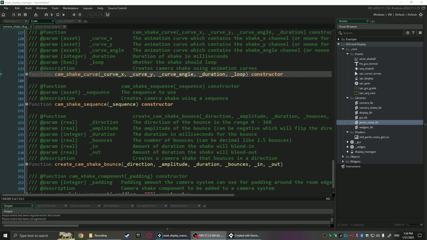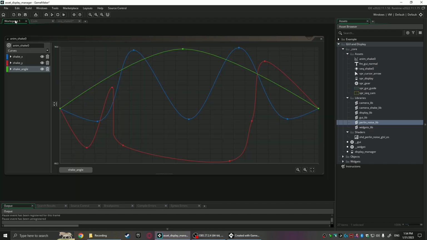The other two types of camera shake I have set up here are animation curves and sequences. So let's look at an animation curve first. Here's what an animation curve is when you create it within GameMaker. And what I do is assign a channel for shake X, shake Y, and shake angle. And then over time, it's just going to read these and apply those to the camera shake X, Y, and